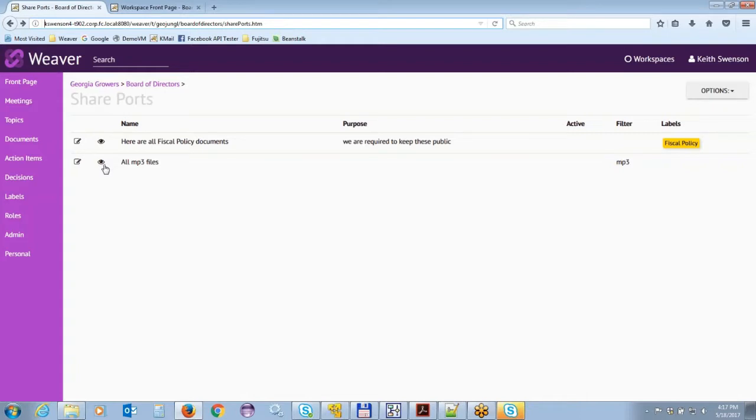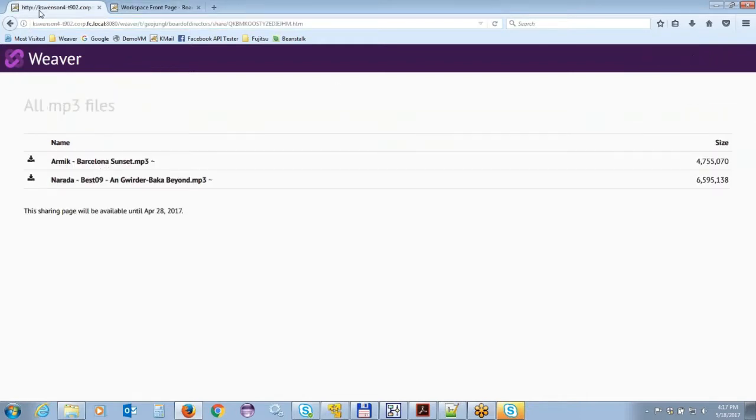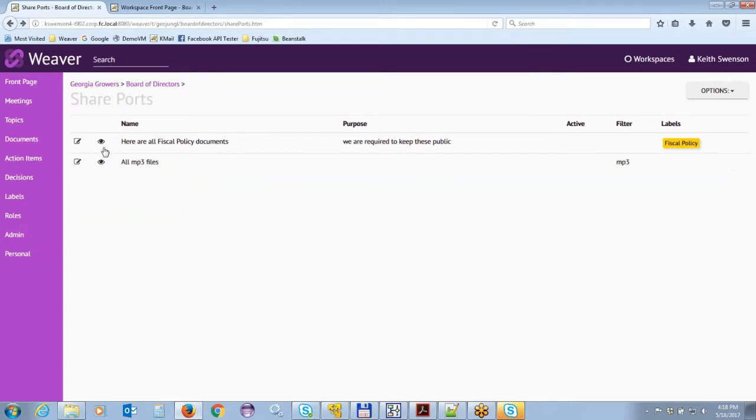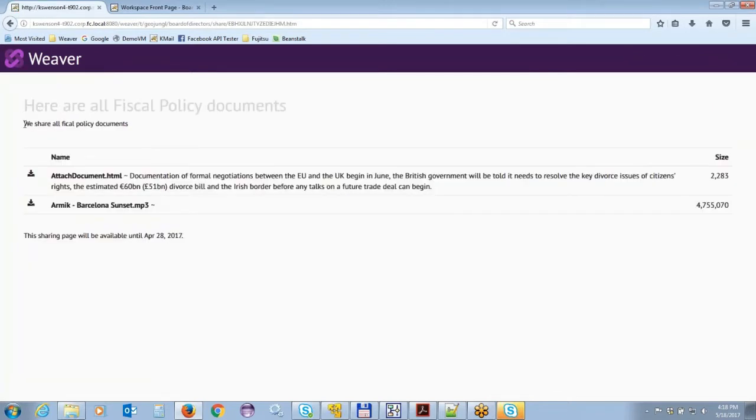But after you mail it, it'll become a link. They will see a page, whether they're logged in or not, they will see a page that looks exactly like this. So if you have documents that you need to distribute to people, the share port becomes an easy way to do that. And also this was the little comment that we put there. This was the title. So whatever you put there comes up there, and then this is all the stuff that comes from